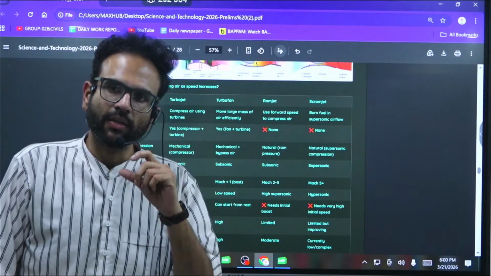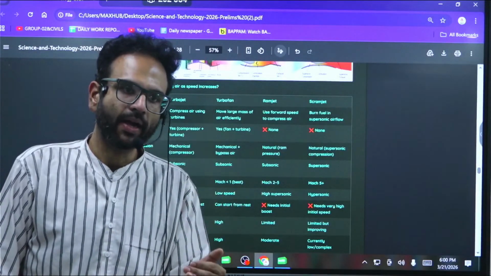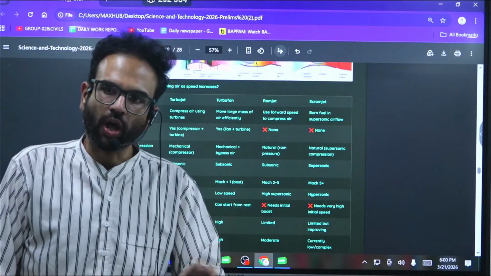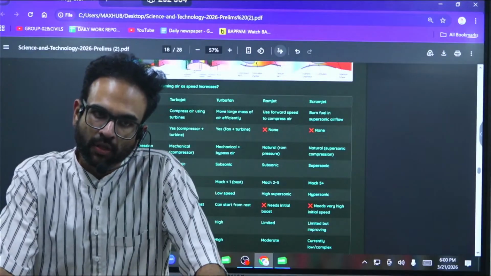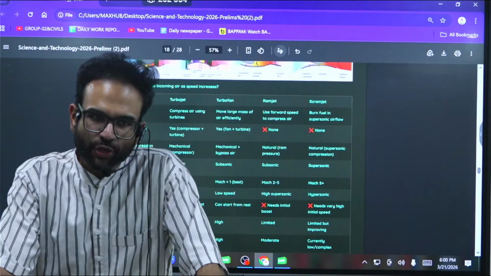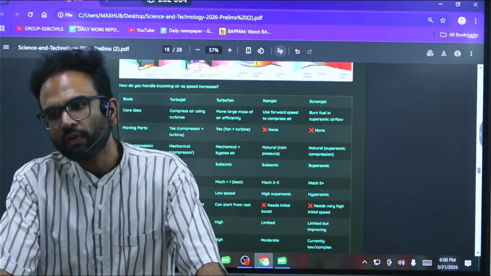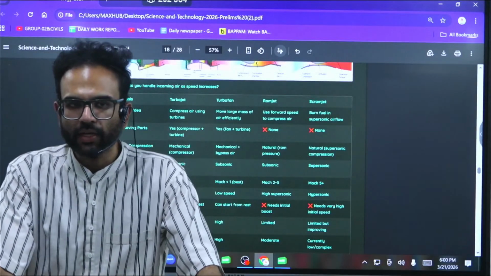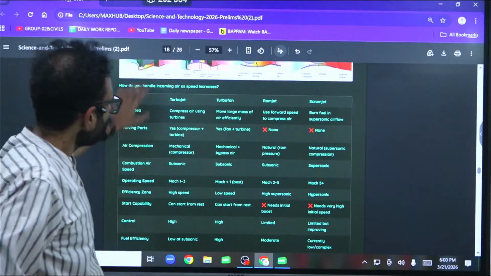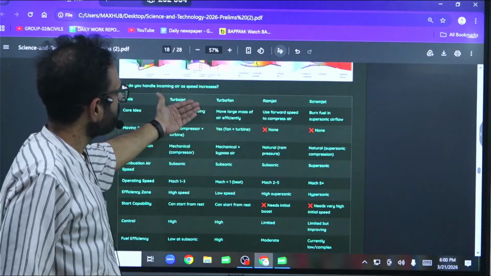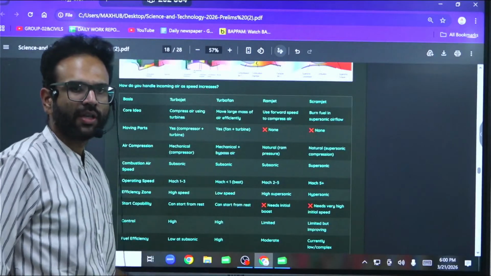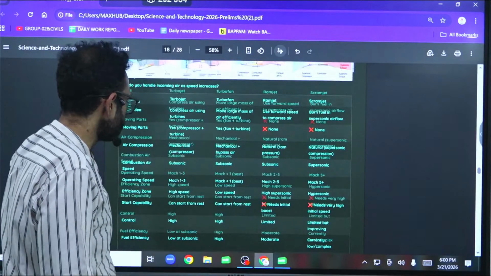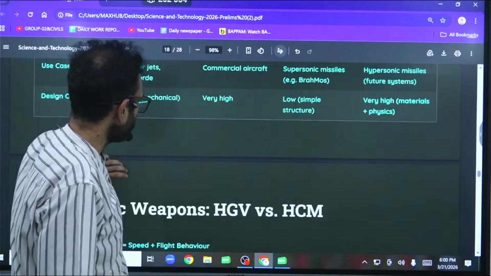Now, what you can expect is you have to memorize a list of names. This list of names, some countries which have already achieved this hypersonic status, you will have to memorize them. Whenever such news comes into the picture, obviously there will be a comparison between India and those countries. So this entire discussion on turbojet, ramjet, scramjet is very important for your basics. Based on this, you can solve a lot of questions in missiles. So I'll give you this, you can study.